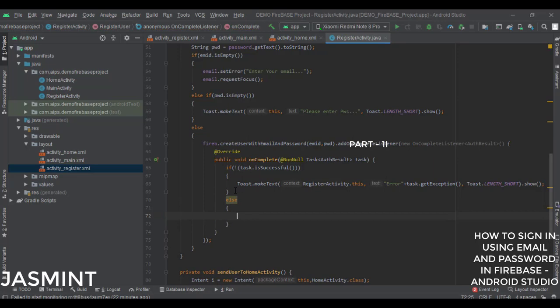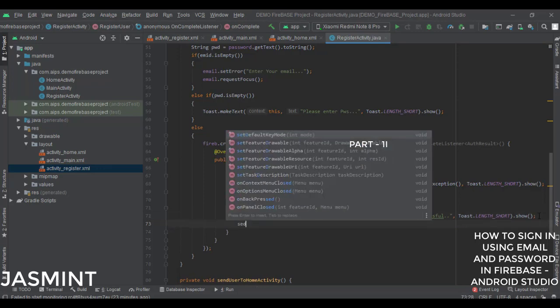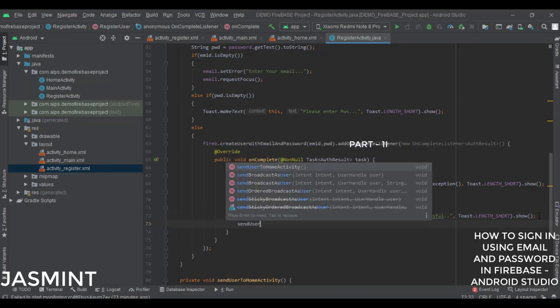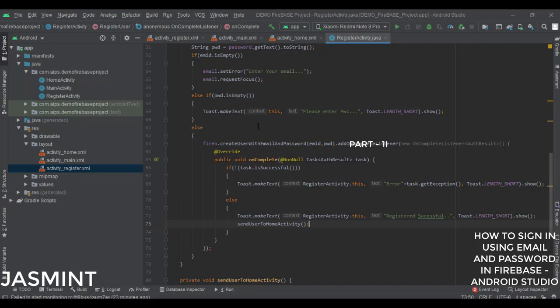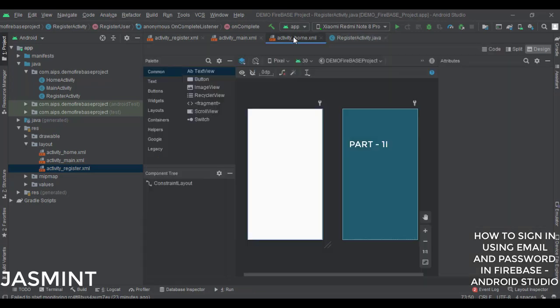And if it is successful, then a toast message will be shown that the task is successful or registered successfully, and then it will take the user to home activity. Now we haven't decorated this home activity, so we'll have to decorate this, but for now